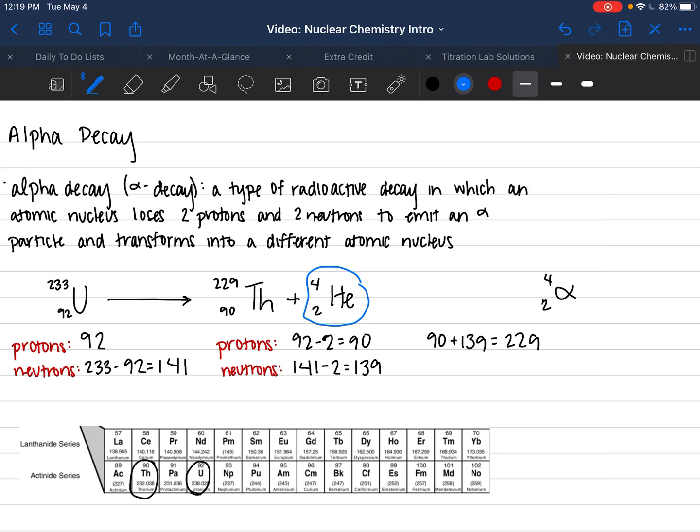Notice you can also do it in reverse. If, for example, I had given you this value and this one, you could have told me what we had started with. So take a second, make sure you understand alpha decay, and you're going to answer your own questions about